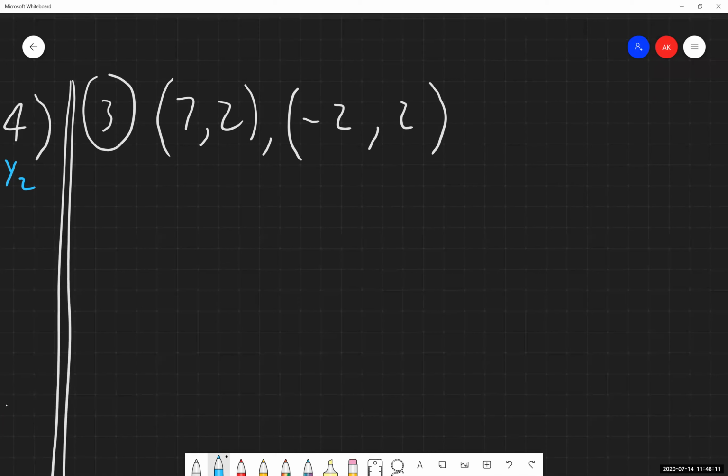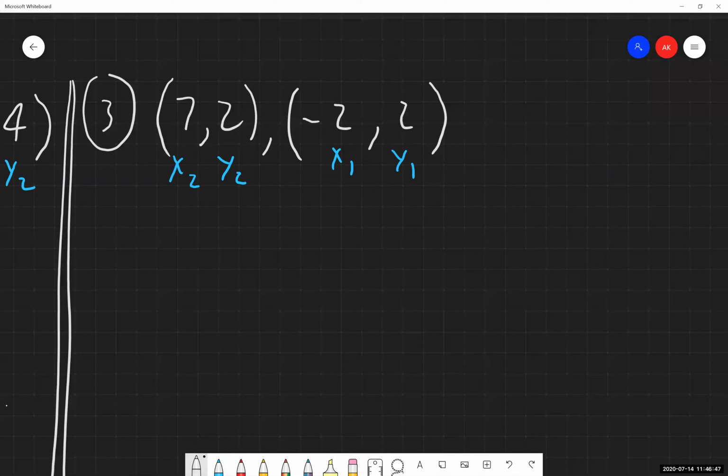Now for our previous examples, I labeled the first point as x sub 1, y sub 1. I'm going to reverse that for these next 2 examples just to show that you can have them in any order and you'll get the same answer either way. Again, it does not matter which way you would like to label them on the homework or on the test. It's your call. You just need to pick one and then label it that way. So I'm going to do x sub 2, y sub 2, x sub 1, y sub 1.